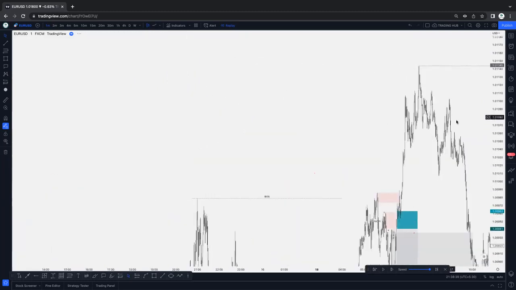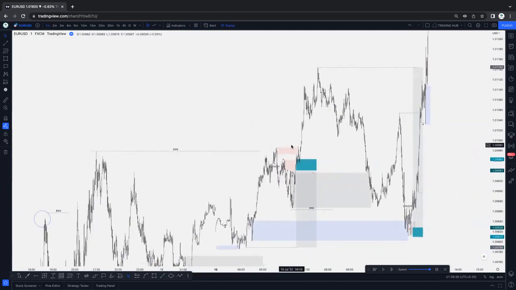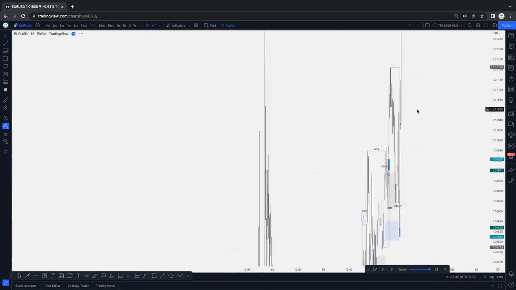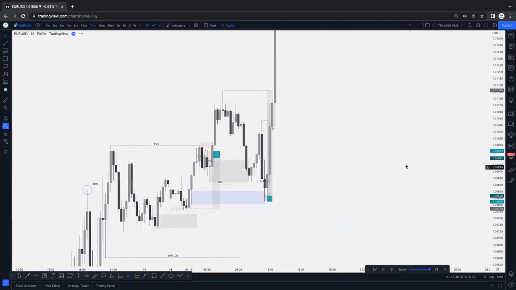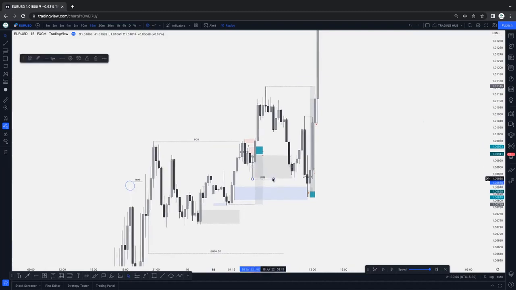This one is your BOS, correct? And first is a sweep here, and you can apply anti-type 3 here because market swept the high in the 15-minute. At this point, you can apply anti-type 3. And when price closes above it, this is an indication that market is actually looking for a pullback, and we can sell for the counter trend till this zone. This is the first inducement, and we can sell till this zone.